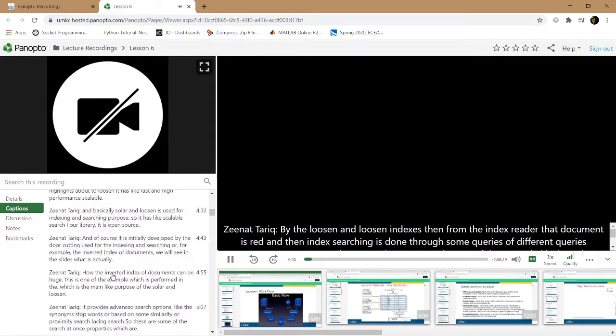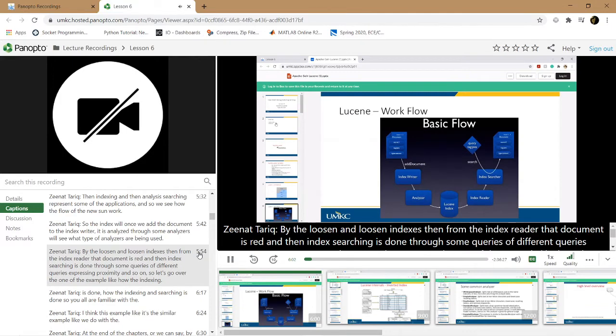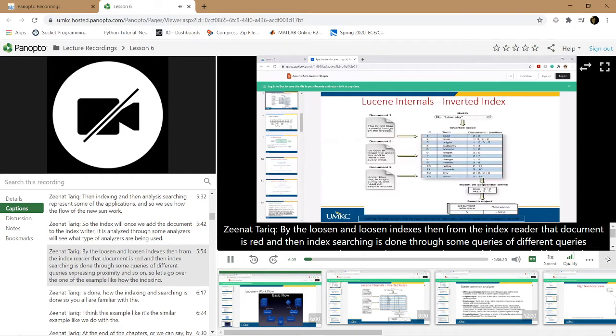So read and then index searching is done through different queries like faceting, proximity, and so on. Let's go over one example of how the indexing and searching is done.